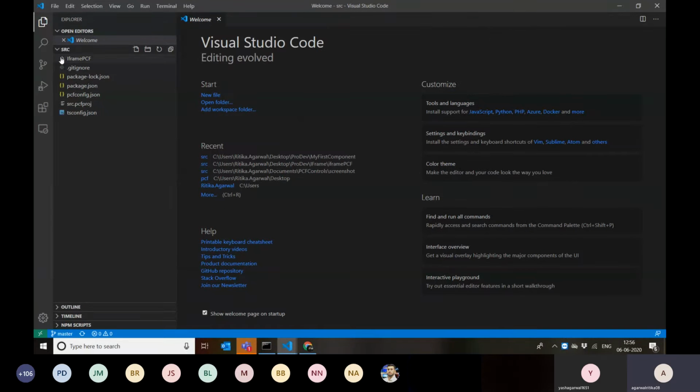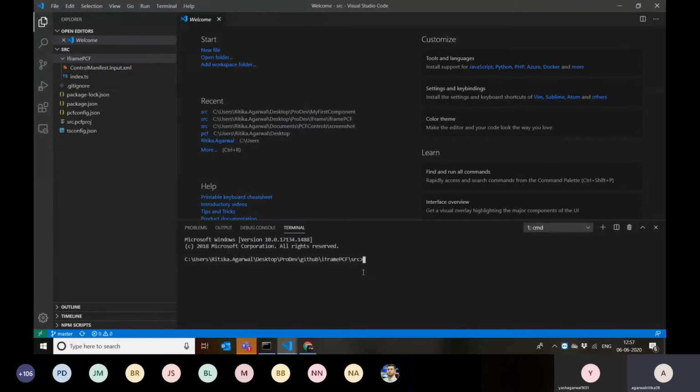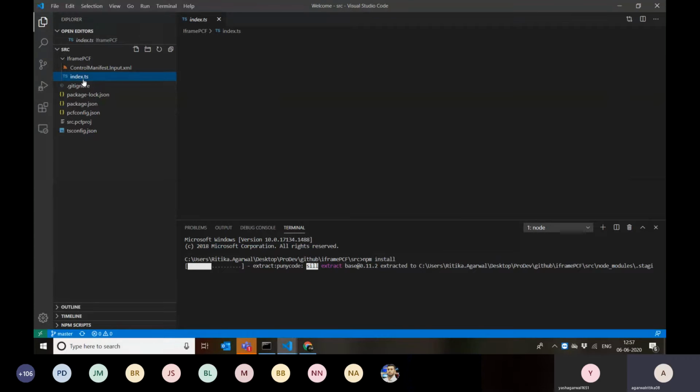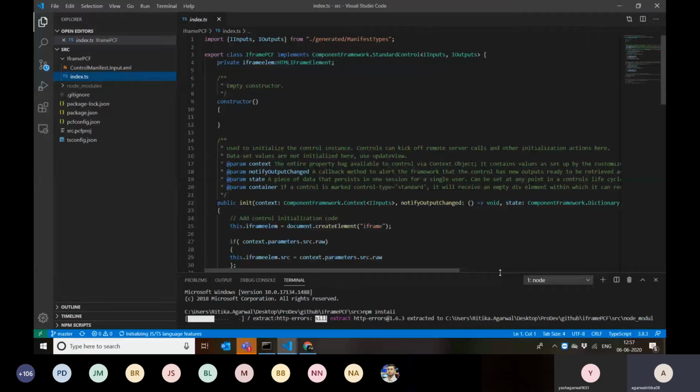Now, as you can see, we do not have the out folder and all the dependencies as part of this PCF, because when this PCF was pushed to GitHub, the gitignore file restricted some of the data. So what I can do is again run npm install. It's the same procedure we did while creating a new PCF. While this is getting completed, let's go into the index.ts file and see how the component actually looks.